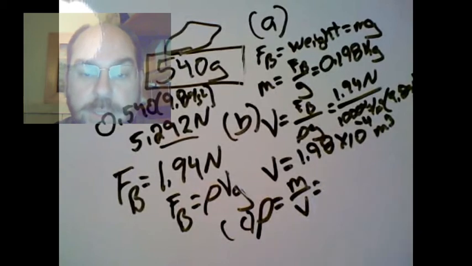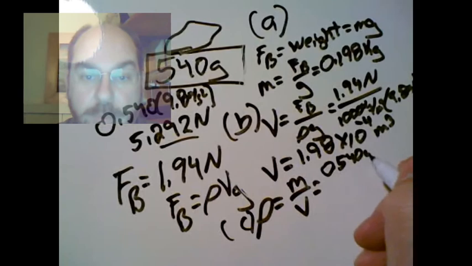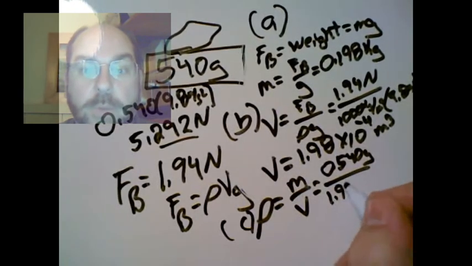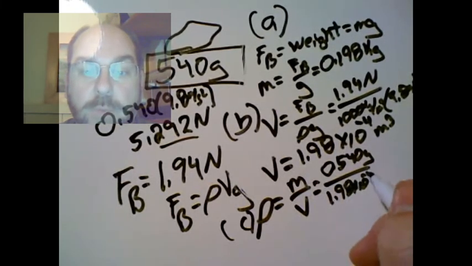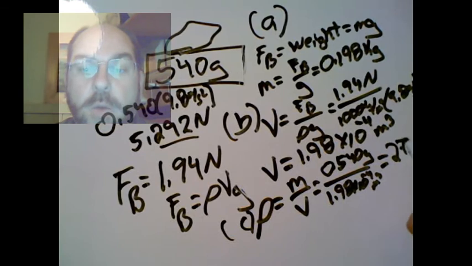All right, part C, the density of the rock. That's mass over volume. We have the mass in air. That's the mass we want to use. Mass in air, 0.540 kilograms, divided by 1.98 times 10 to the negative fourth cubic meters will give us a density of